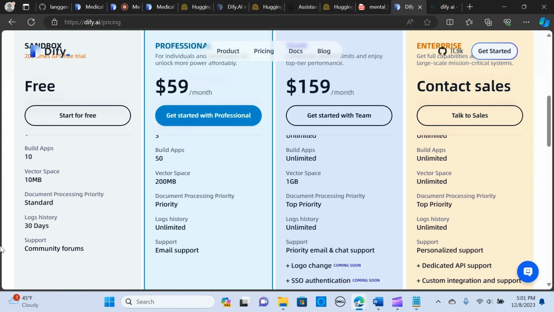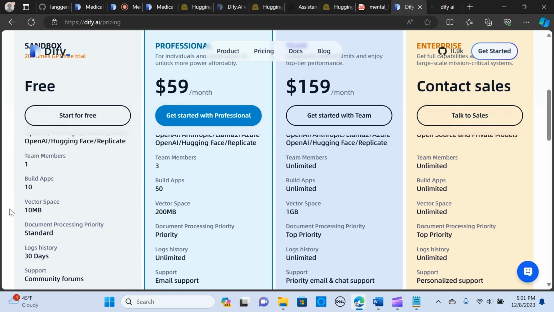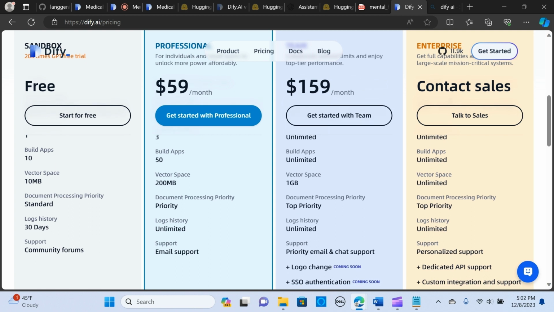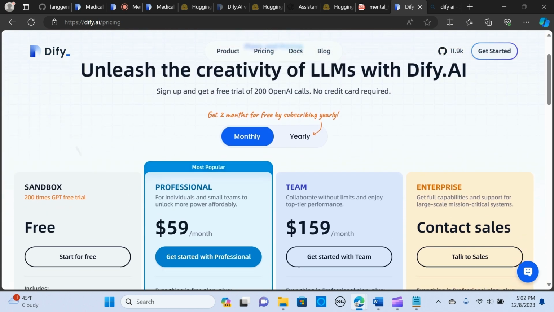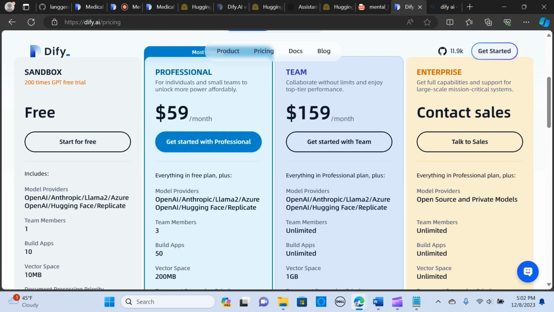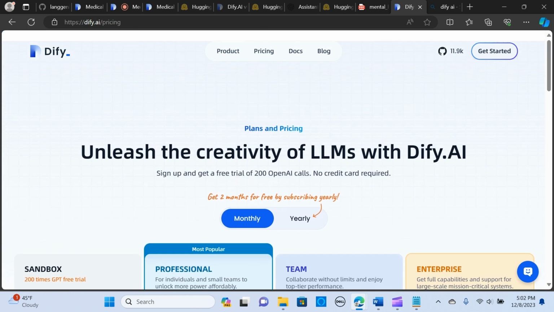They have several options for team members. With the free trial, you can build up to 10 apps, and the vector store is 10 megabytes. The document processing priority is 30 days. You can also go with the professional plan, so you can choose whatever works for you.